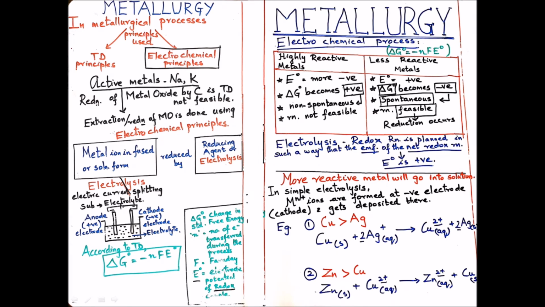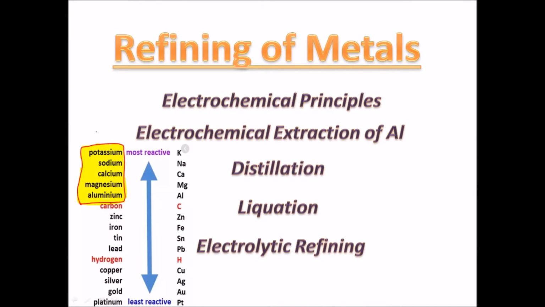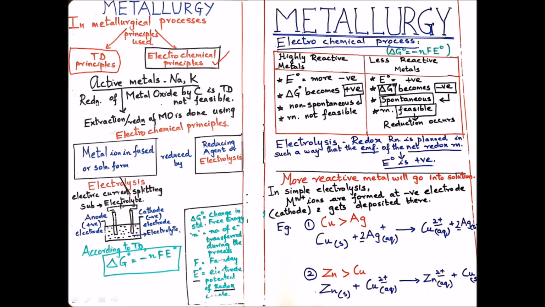In metallurgical processes, two principles are involved. One is thermodynamic principle, which we discussed earlier. Second is electrochemical principle, which will be dealt today. For active metals like sodium, potassium, calcium, magnesium, aluminium, the reduction by carbon is thermodynamically not feasible. Hence, the extraction or reduction of metal oxide is done using electrochemical principles. During the electrochemical principle, the metal ion in the fused or the solution form is reduced by a suitable reducing